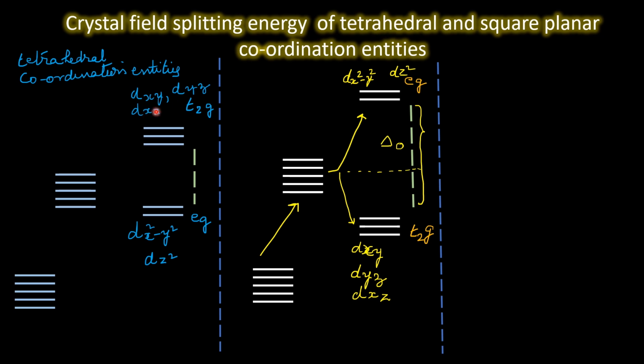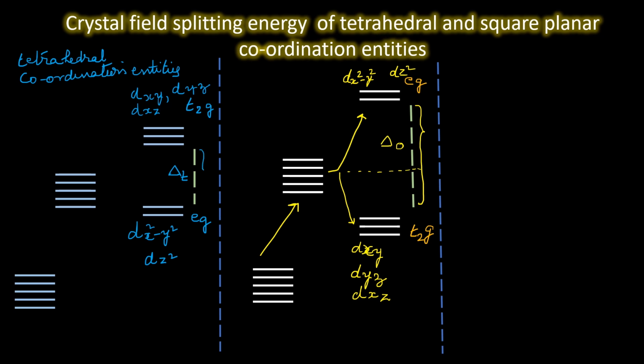That is why we say that the pattern of splitting of crystal field in tetrahedral complexes is just the reverse of what you find in the case of octahedral complex. Crystal field splitting energy for tetrahedral coordination entities can be represented as delta T. From the diagram you can understand that delta T is much less than delta O. You already know that